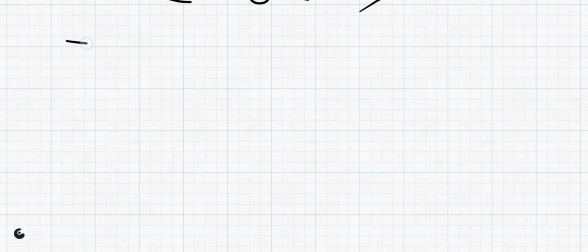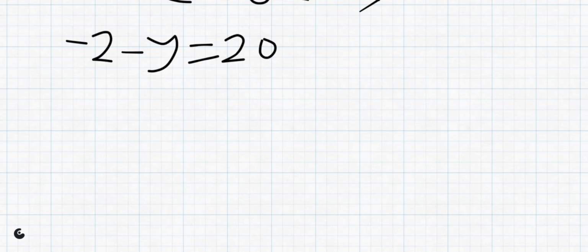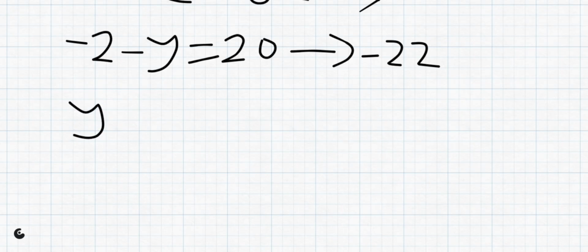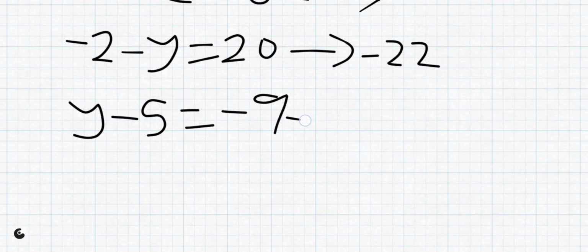We have minus 2 minus y is equal to 20. Now the solution, which is minus 22. Then we have y minus 5 is equal to minus 9, and the solution to this is minus 4. So you take your time and try it,